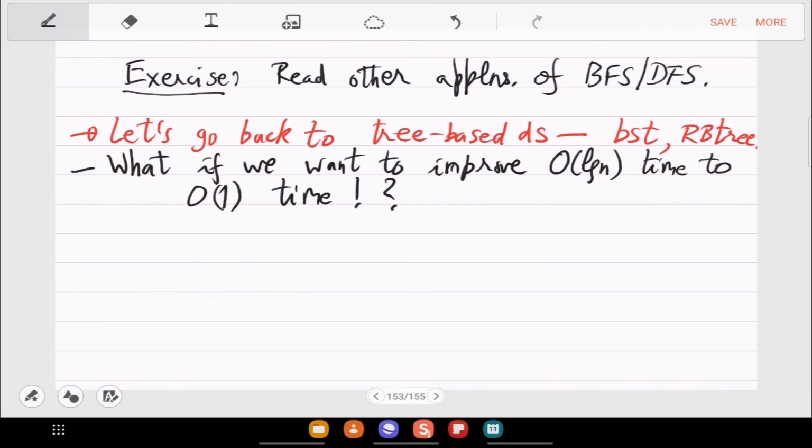So records are big records, but they have keys. Keys are distinct. Arrange them in this tree-based DS. And then there is a set of operations that you want in the mathematical modeling. We have shown rigorously that all these operations can be done in maximum order log n. So what if we wanted all of them to be in constant time?